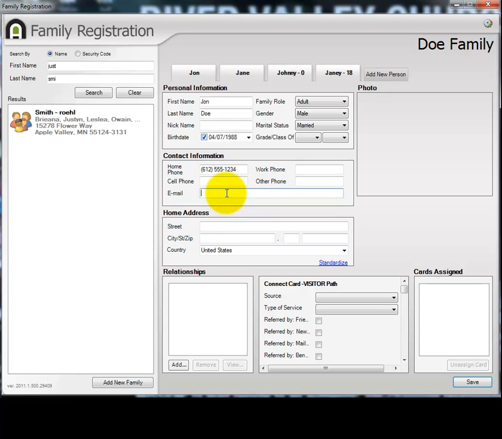Email address can be entered into this field, and then right below that, their address can be entered. Once you've entered this information,